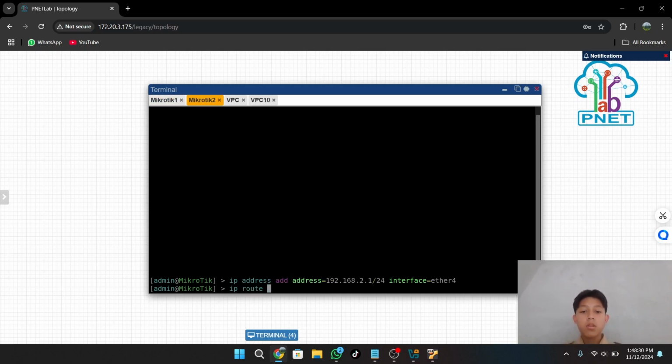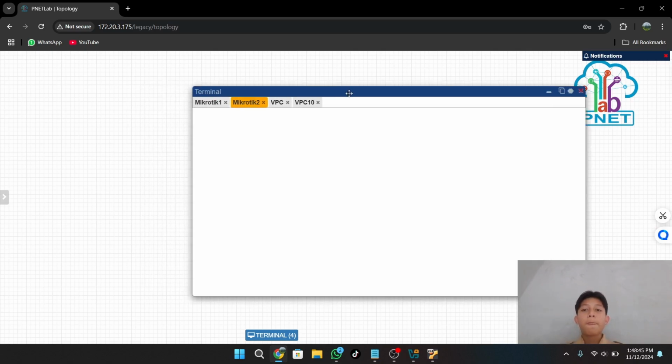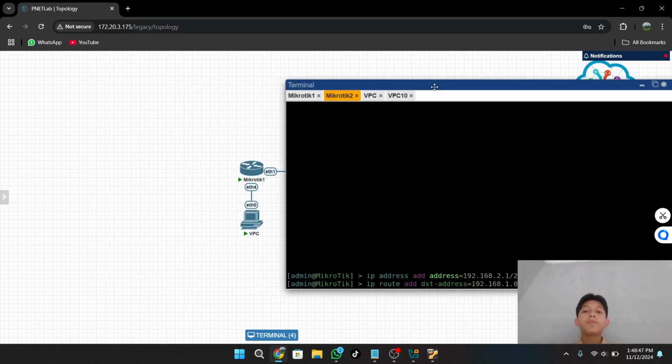And for MikroTik 2, it is the same: ip route add, and the destination address is 192.168.1.0, which is the IP network for MikroTik 1 and VPC 1.